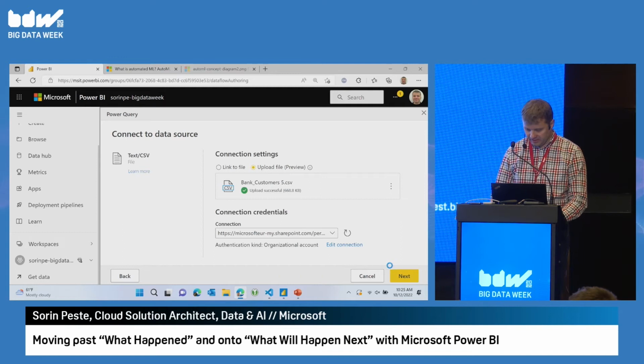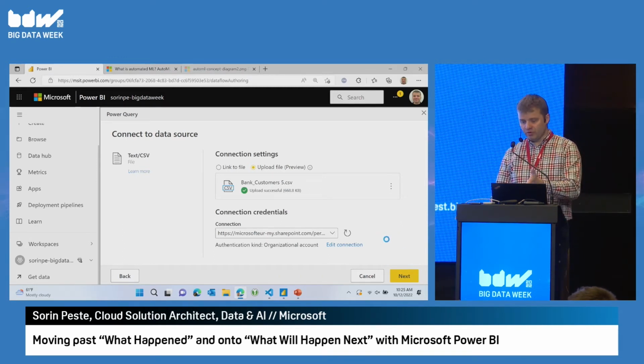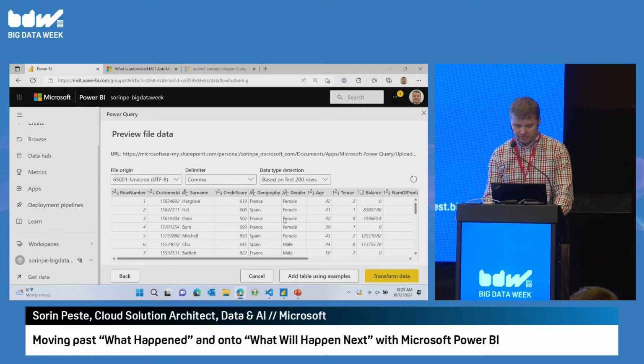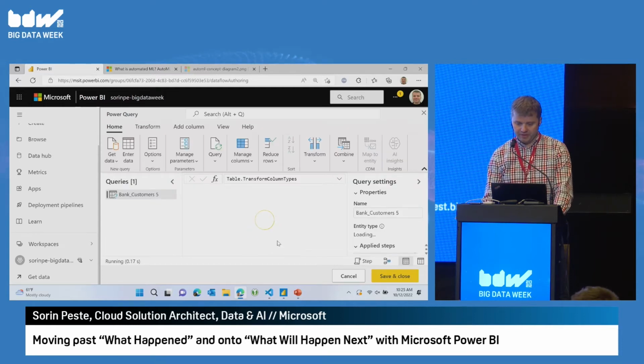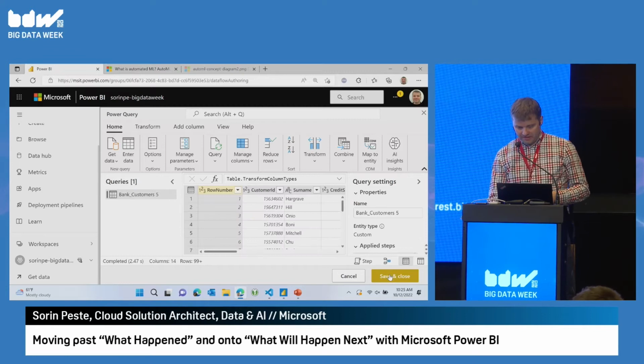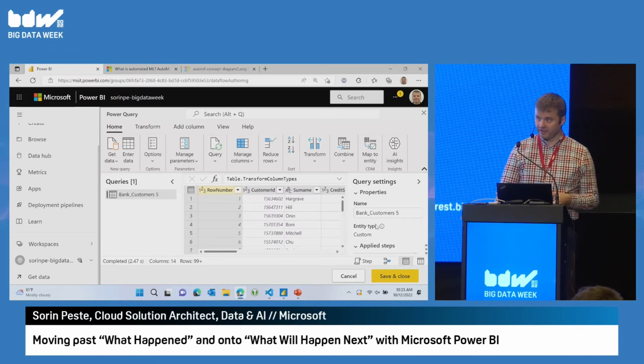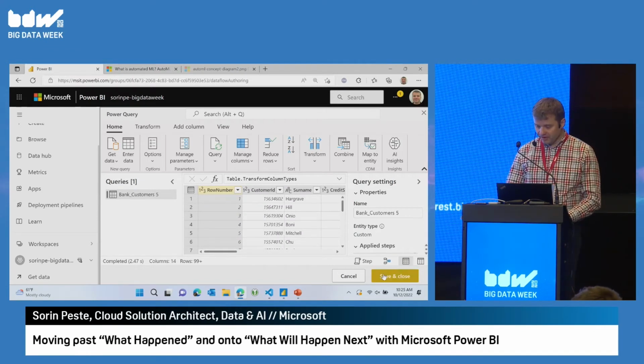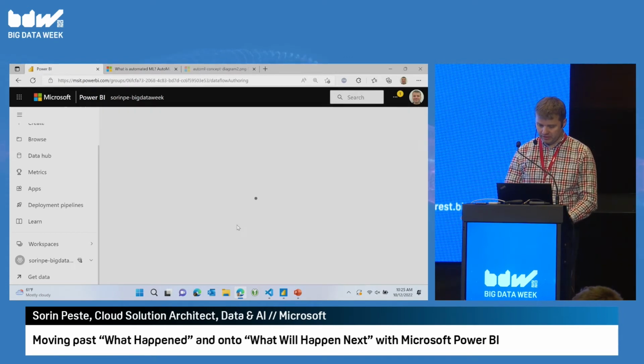We go next. If you go to upload, you'll actually upload it to your OneDrive, but you can even reference it from other types of storage if you need to. Yeah, so this is my data set. We've already seen it. It's kind of the same thing. There is this step where it actually takes me to the transformation step, so I can actually add more transformation here, like filter and all of that stuff. I don't want to do that. I'm just going to do save and close.